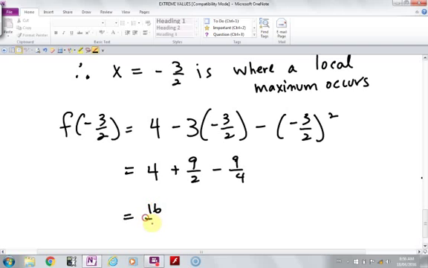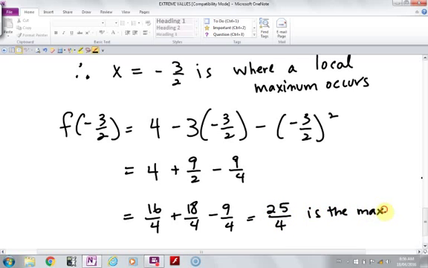So I'd have 16/4 plus 18/4 minus 9/4, which is 25/4. So that's the maximum value of this function, and it occurs at negative 3/2, which is a local maximum, but